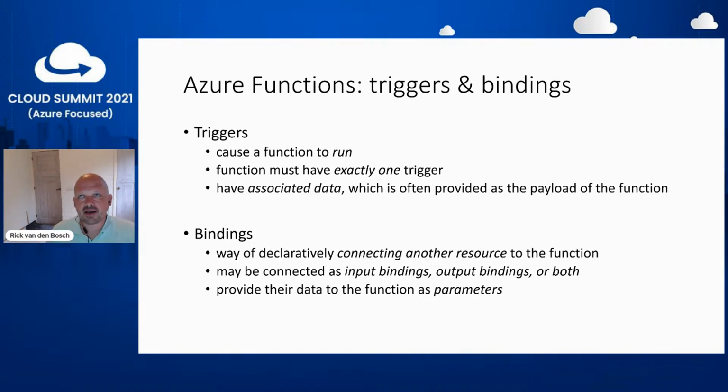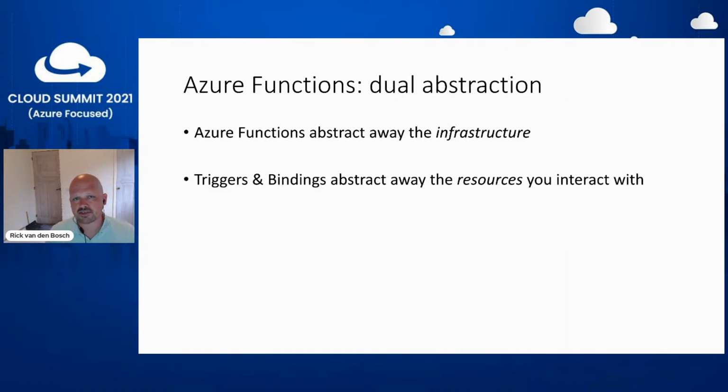So if you look at it that way, Azure Functions actually has a dual abstraction. On the one hand, you have Azure Functions themselves, which are an abstraction of your infrastructure, since when you run it in a true serverless fashion, you don't specify the amount of CPUs you need, or the amount of memory, or even the amount of disk space or I/O, or IOPS. You just say, dear Azure, this is my function, this is what triggers it, run it if you need to. And if you don't run it, you don't pay for anything. And if you run it 1,000,000 times, you'll start paying a small amount of money. So that's the true serverless idea, right? You can scale to 0, but it can also scale into massive amounts